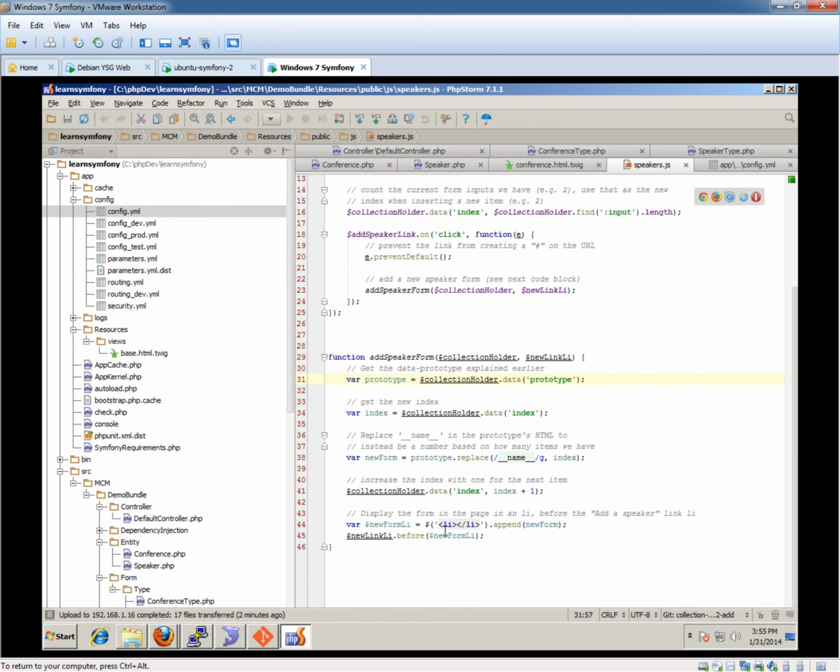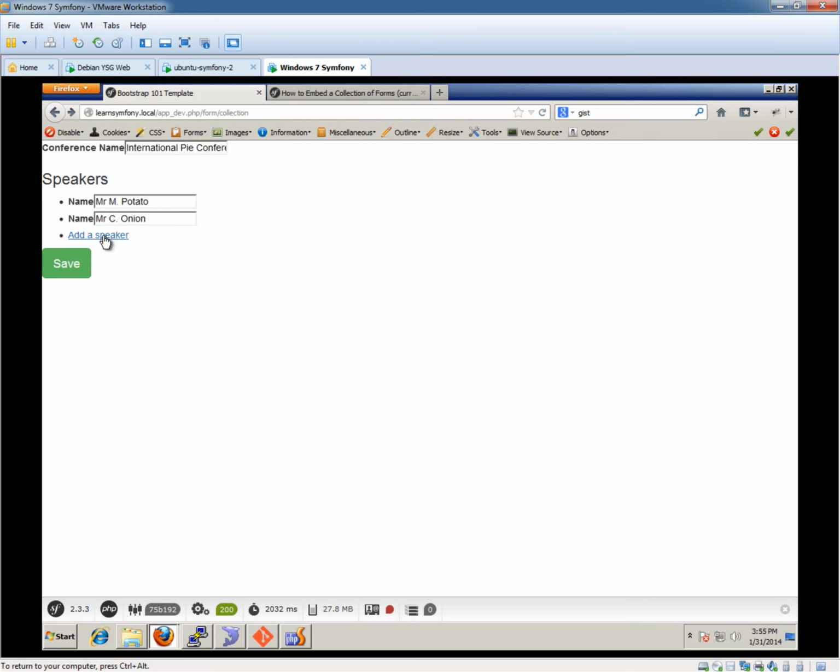And this also adds in the add speaker link, which we will see there. So rather than have it after each one, you just add it as the last one. You'll see when we do the remove, though, the remove goes next to each one, which is kind of cool. So then we can just add speakers, and if we just give each one some junk and save it,